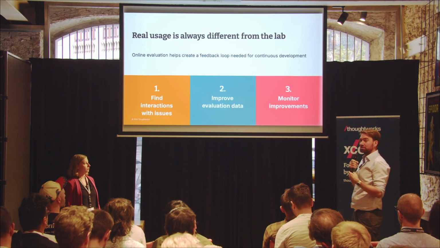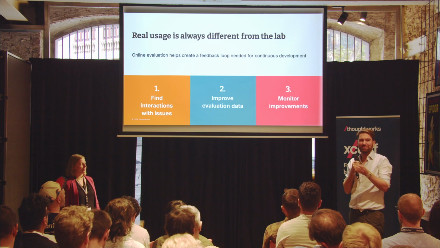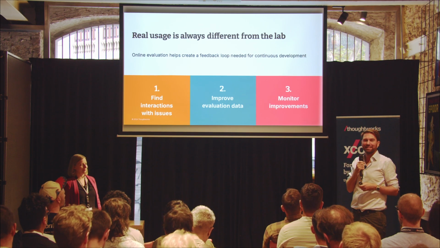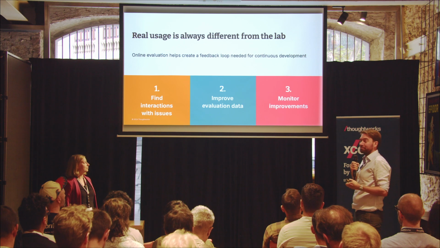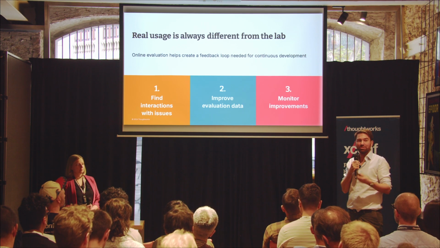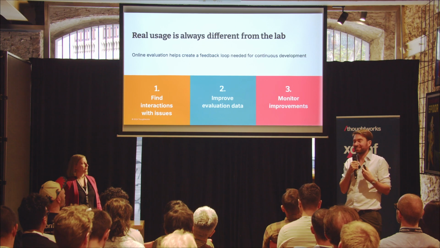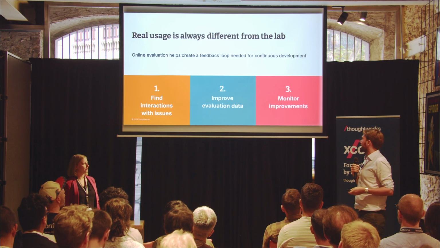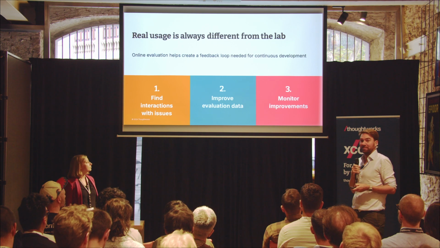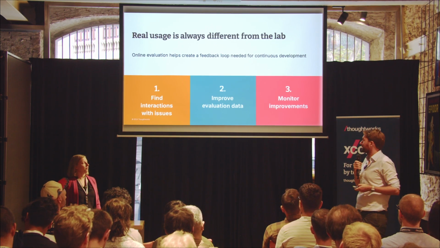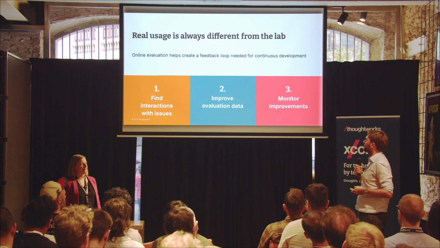And the other one is just monitor improvements, or the other way around, you can also get things getting worse. So if you have a release, then you want to see whether it actually improves the average quality of the responses, and whether this is an improvement or not, or is anything spiking or getting worse? So this is very important, so that you can also decide to roll back things. But in order to make a decision, you need to have observability in place. So you need to have some kind of online evaluation.